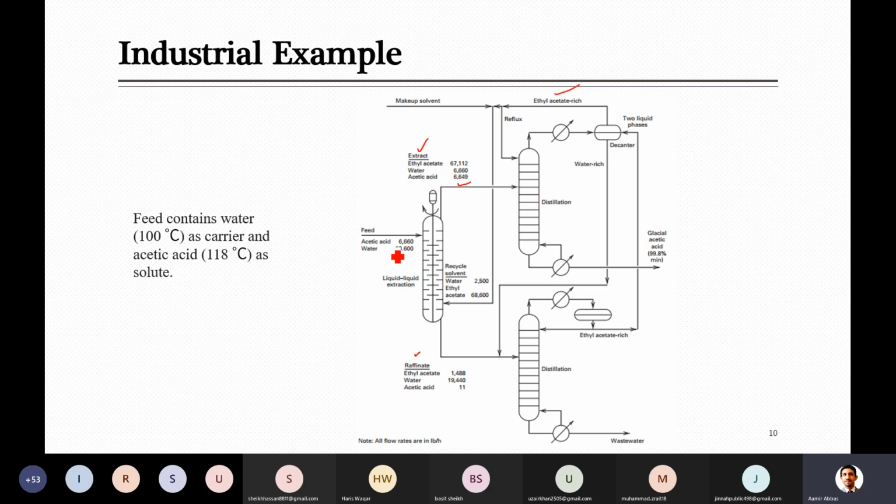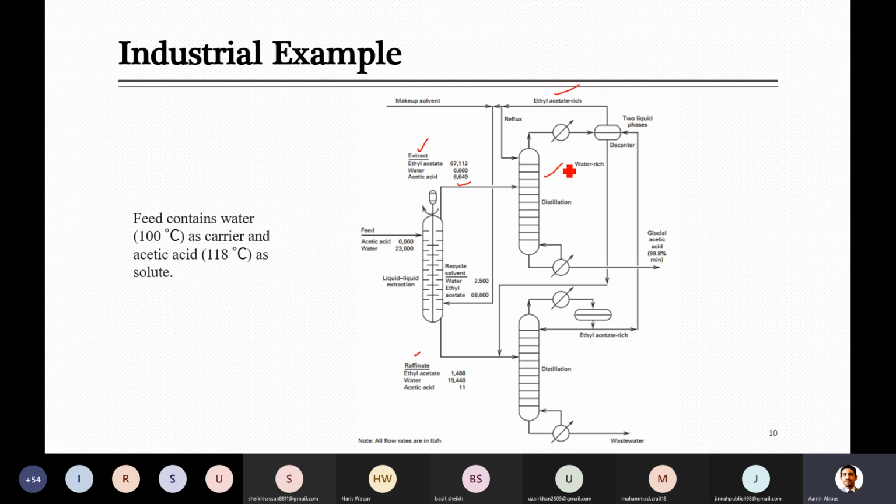So only somehow 11 kmol or 11 kg are still left over here. So when they are just separated, as you know, the next stage is to treat the extract and raffinate further. In the next stage, we bring them to the distillation column. I will talk about this first. In this, you are bringing the extract phase.